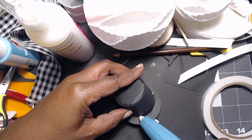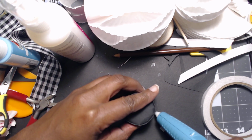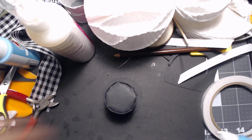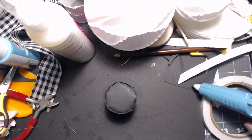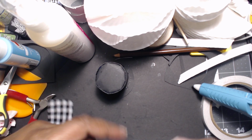So I'm just going around the edge. And the good thing about glue guns is they try to grab whatever is in their way. Glue guns don't play that. And now I'm going to use this fabric,